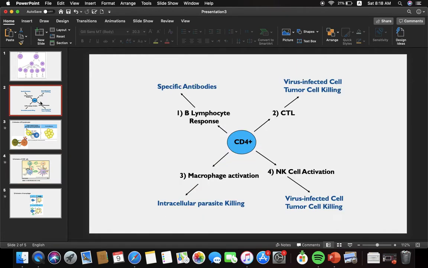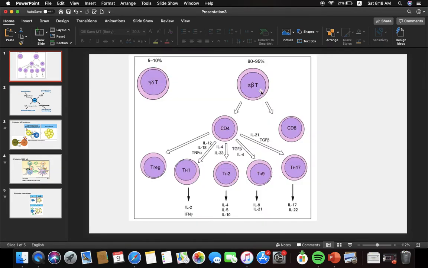Now this is all about the first thing. Now let us go to the cytotoxic T lymphocytes first of all, which is important for the virus and tumor cell. Now you can see here the alpha beta T cell converted to CD8 by encountering an antigen presenting cell